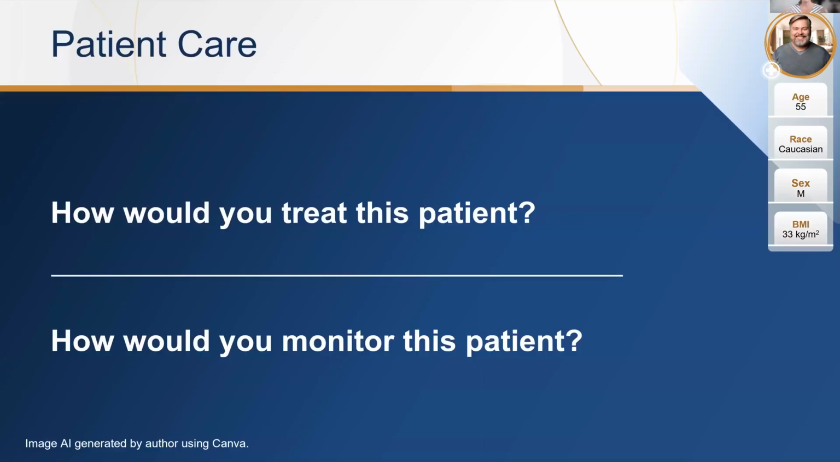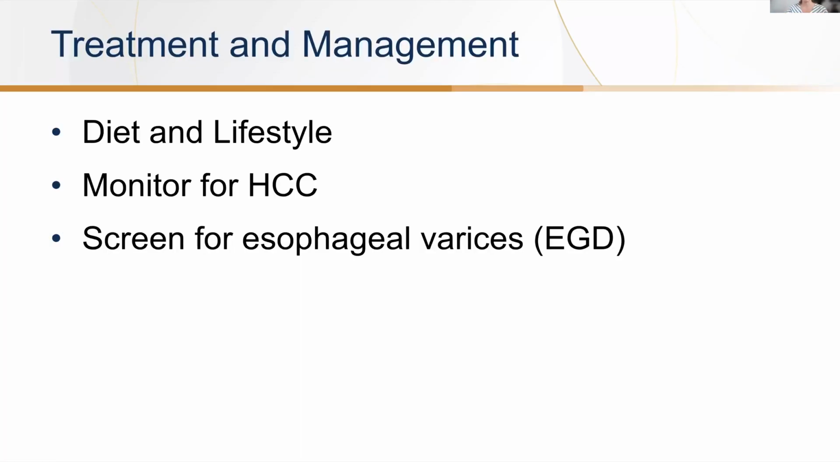All right. So how would you treat this patient, and how would you monitor this patient? Because we've basically determined that this gentleman likely has cirrhosis, he is not a candidate for resmetirom. We would definitely want to monitor for hepatocellular carcinoma, and we would also want to screen for esophageal varices,